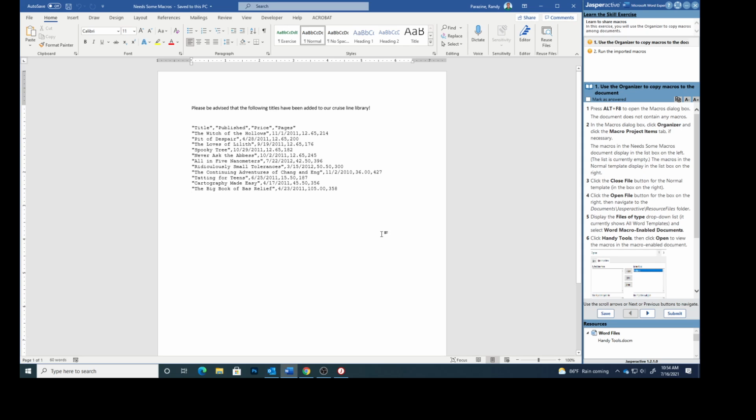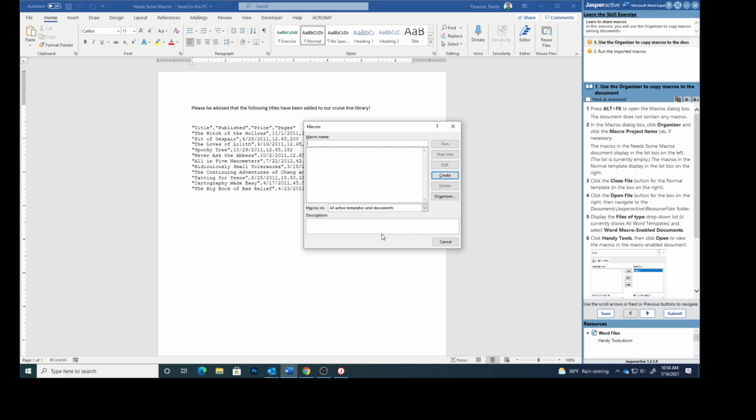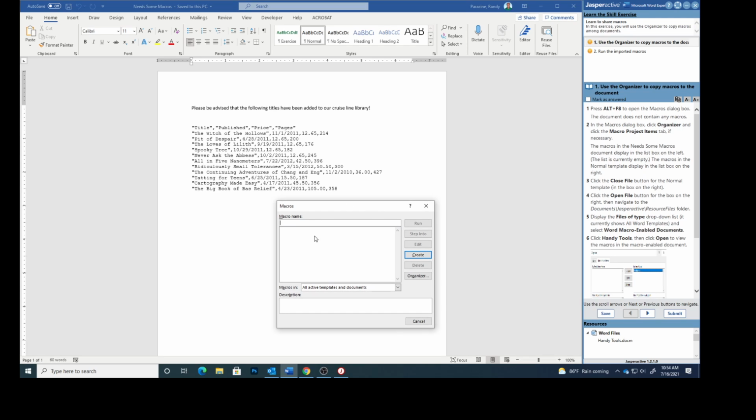First thing we need to do is press Alt F8. Alt F8. Make sure you click in the document first so it knows you're there. And that opens the macros dialog box. This document does not have any macros. So, click the organizer